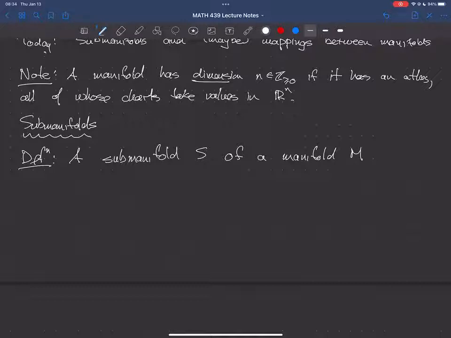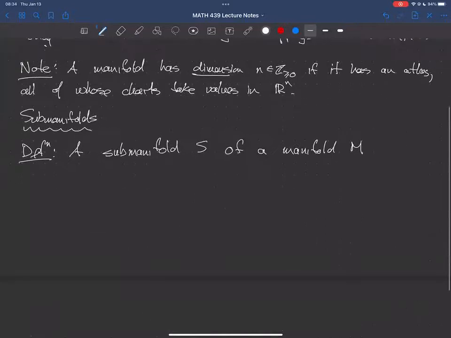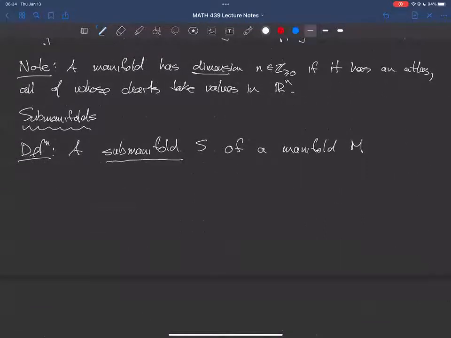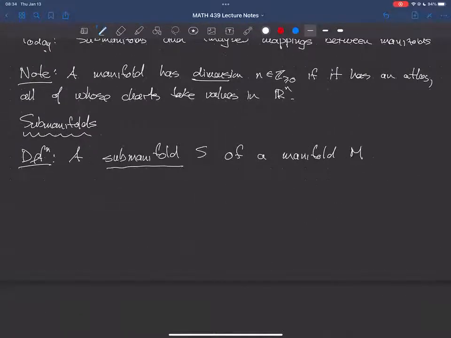And typically you define an equivalence class of atlases by choosing one atlas, right? That's what we did yesterday. So a submanifold S of a manifold M is a subset with the property that